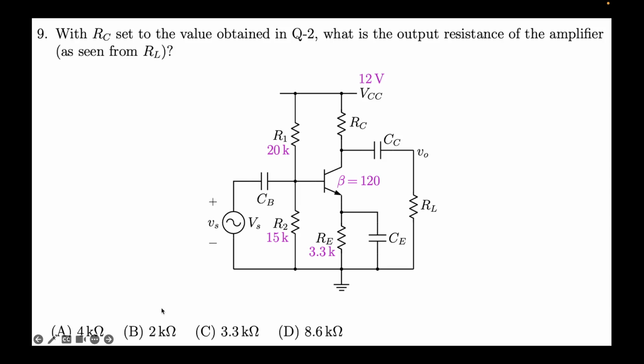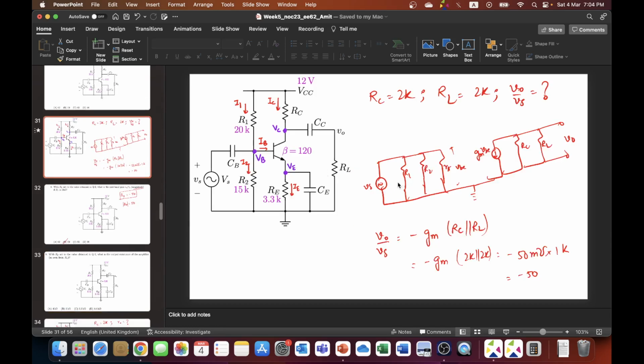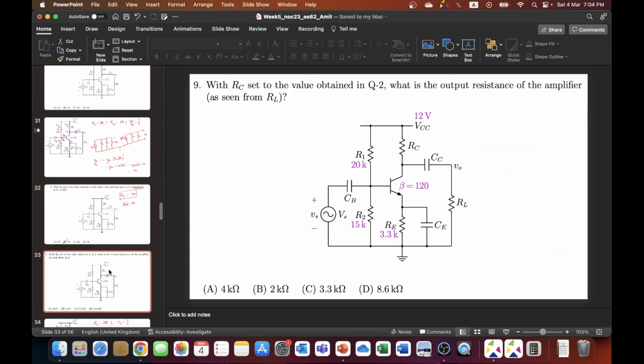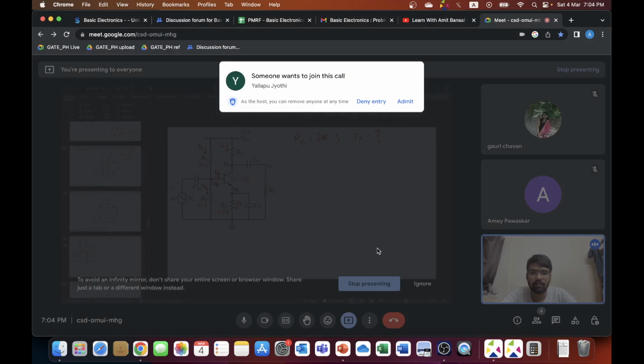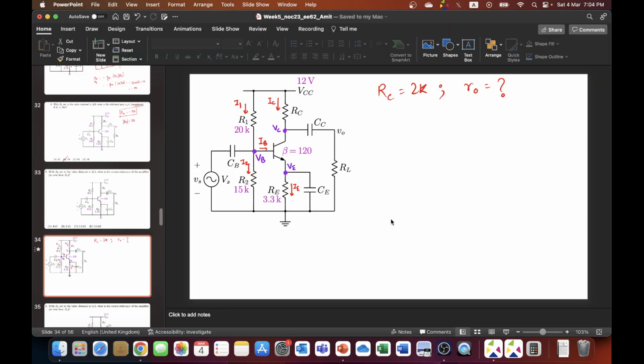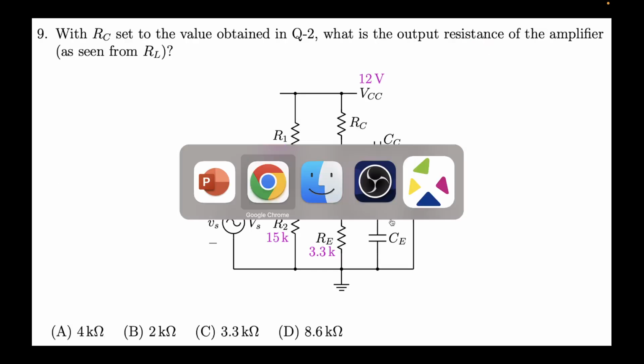So let me just do one thing, just a minute, so that we save some time. Okay, I don't think that will be possible. Okay, so now let's